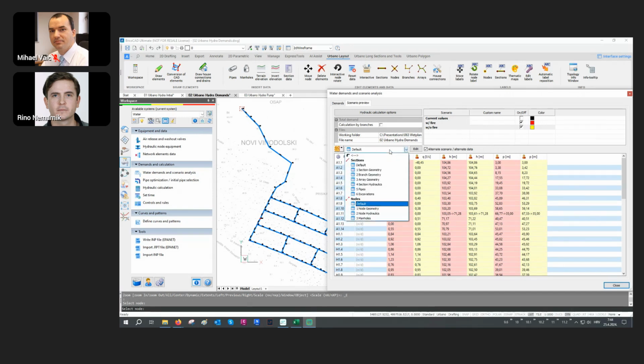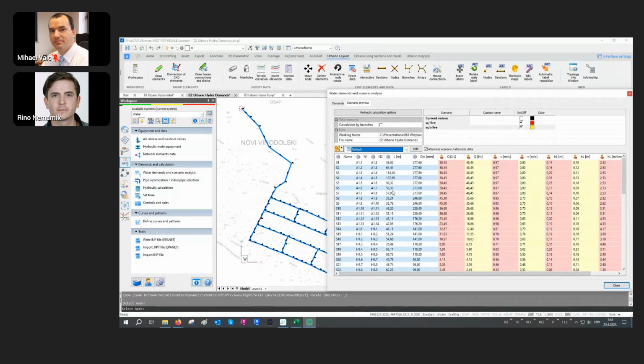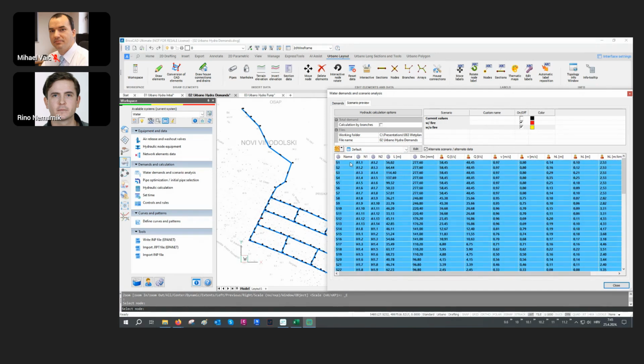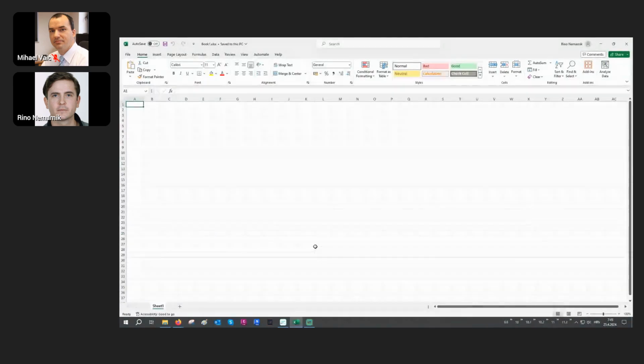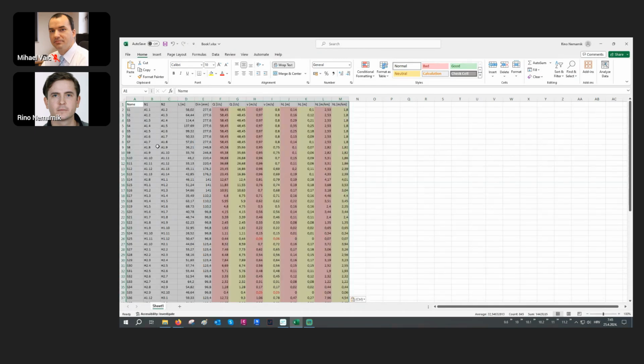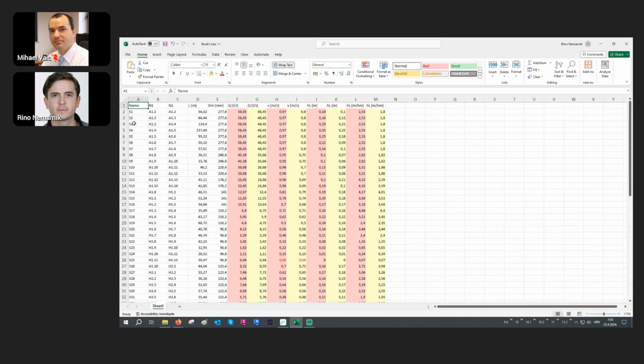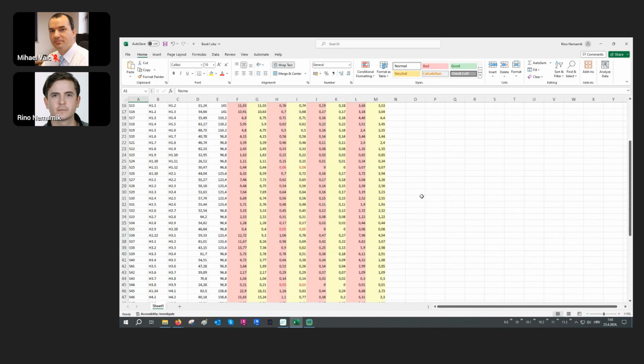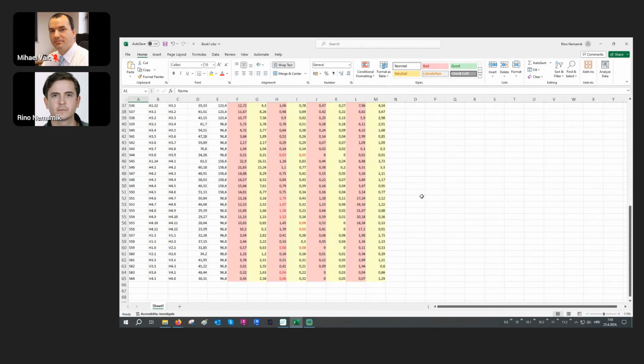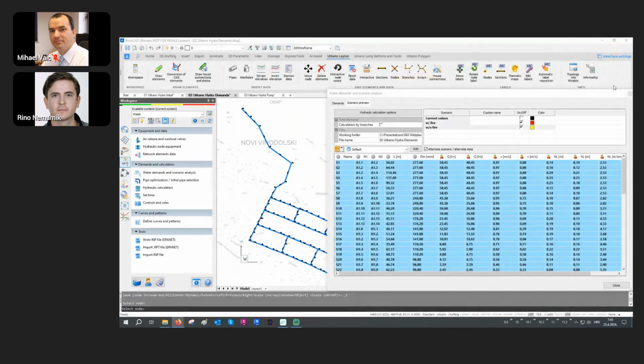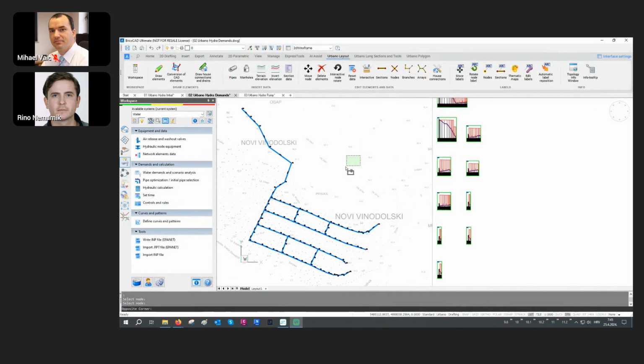And like I said, all this content of these data tables, for basically all the data tables in Softplan, you can select the content, you can easily copy it, and you can go to Excel or any other Microsoft application, and you can get these really nice reports showing you all the data calculated in Softplan. Okay, so I will close now Excel and also this dialog, and now I will switch to the third drawing,